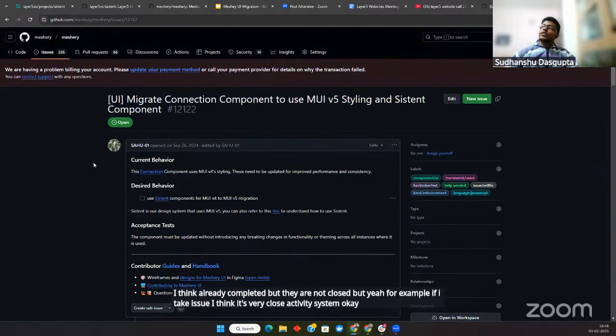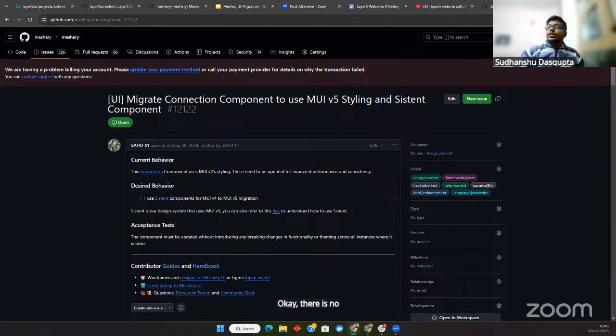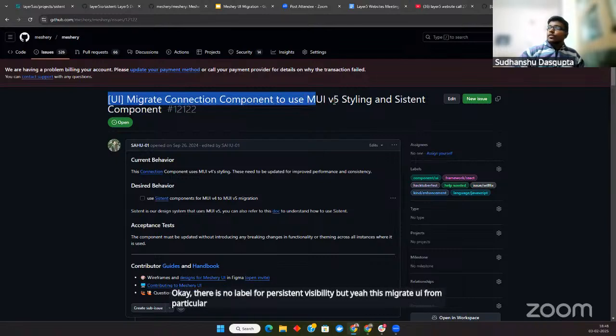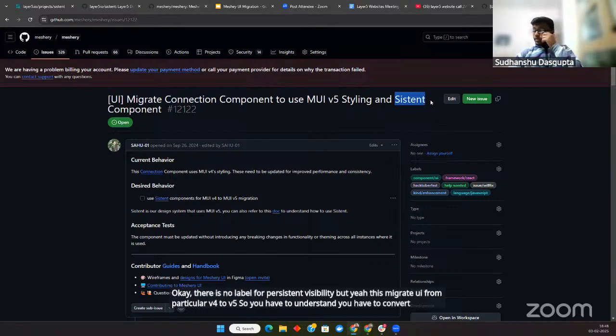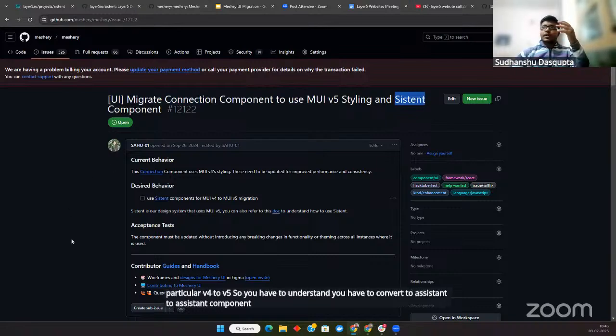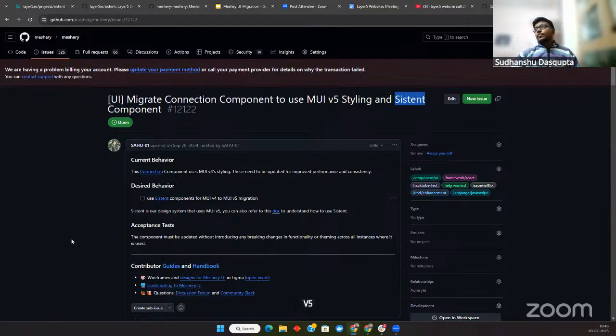If you see any issues in Meshri labeled like this, there is no label for the design system specifically, but it's about migrating UI from V4 to V5. So you have to understand, you have to convert it to the system component, or that page should be specifically in the MUI V5 version.